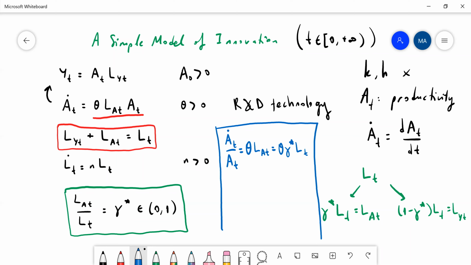Okay, because there is only one decision to be made, and actually we are taking a shortcut to not look at the firm behavior at the micro level, and we just basically said, okay, there would be some optimal level of gamma, okay, and that optimal, whatever it is, it's there, and then starting at any point in time, with a given level of technology and a given level of population,